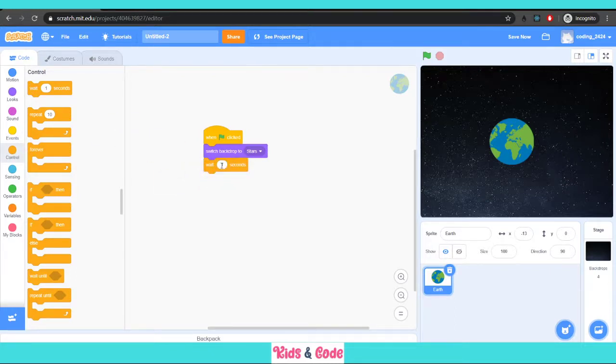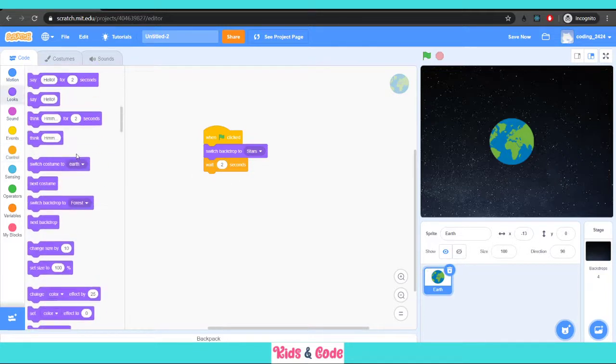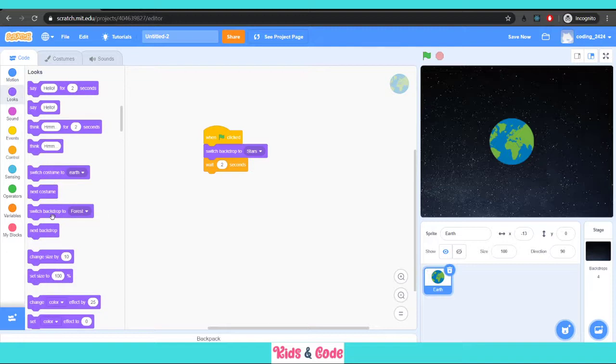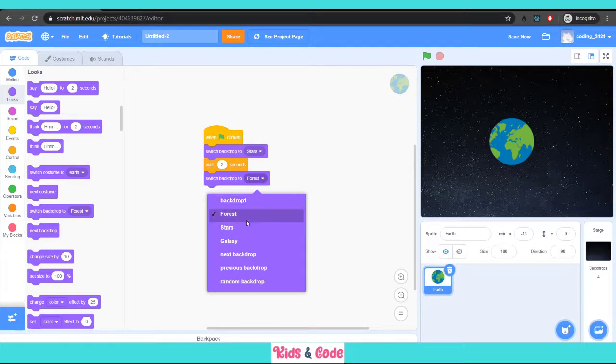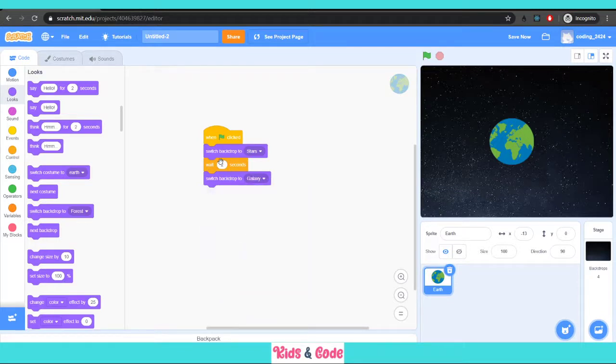Here we have initially 1 second. We can just say wait for 2 seconds, and then we can again have the backdrop to change. We can switch backdrop to, let's say, galaxy. So we'll see that first it is stars. It will wait for 2 seconds.